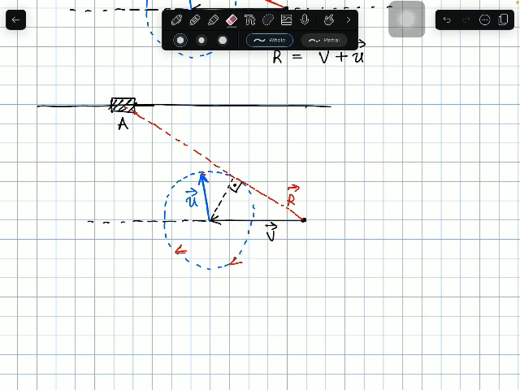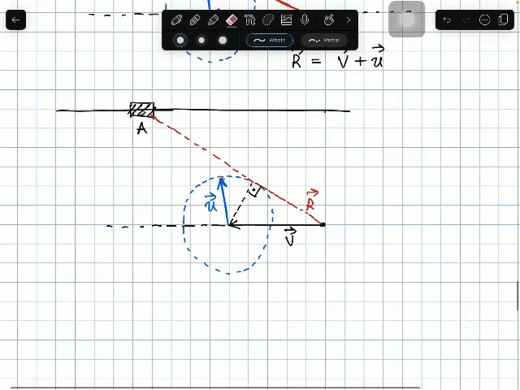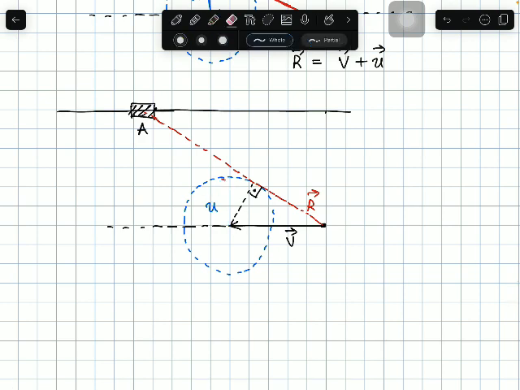In this case, obviously, we have to choose a very specific U, which is actually pointing from the center like this, and then it's making a 90 degree with this vector R. So this is the kind of edge case. In this case, you would be able to catch the bus, but you would barely be able to catch